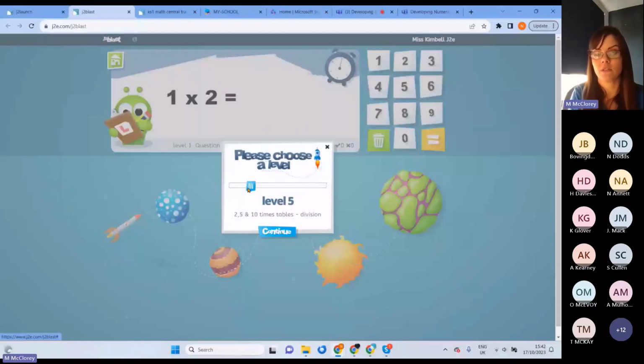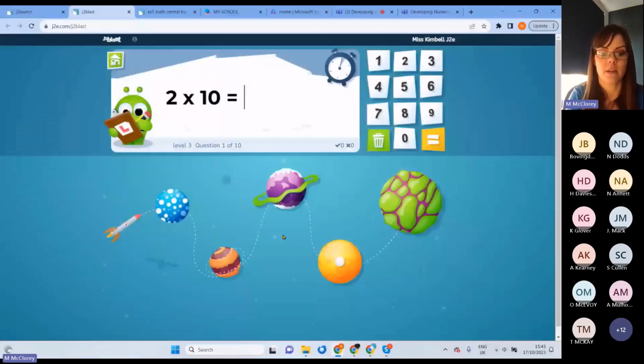And then it starts with division as well. So it's not just times tables. So they can choose a level to start at. It is a noisy app, so make sure your volume's turned down in classrooms if you're using this, or invest in headphones. Then they click continue, and then